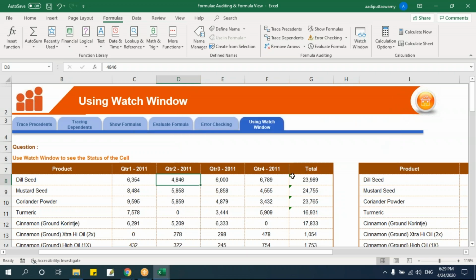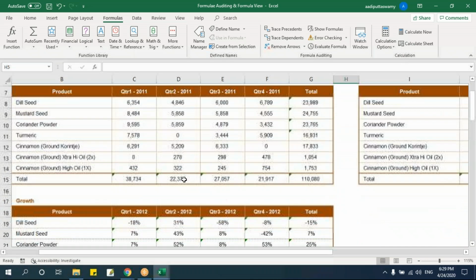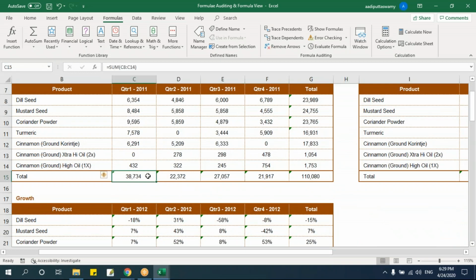Okay, there is one more thing I want to discuss about the calculation option. Why I discuss this option is, many people, when I'm doing some calculation, might not get the proper results here. Again, they go to refresh and then only they get the result. I'll tell you why it happens. There is something called calculation options.